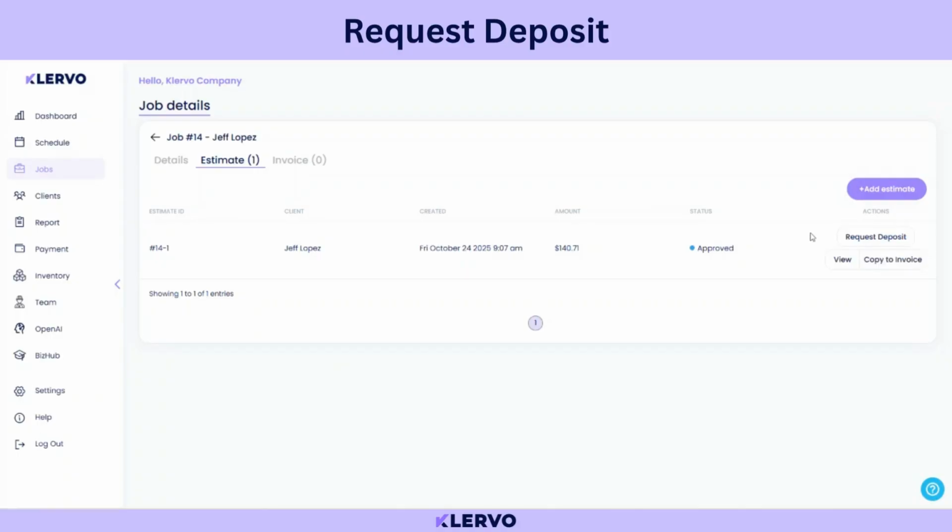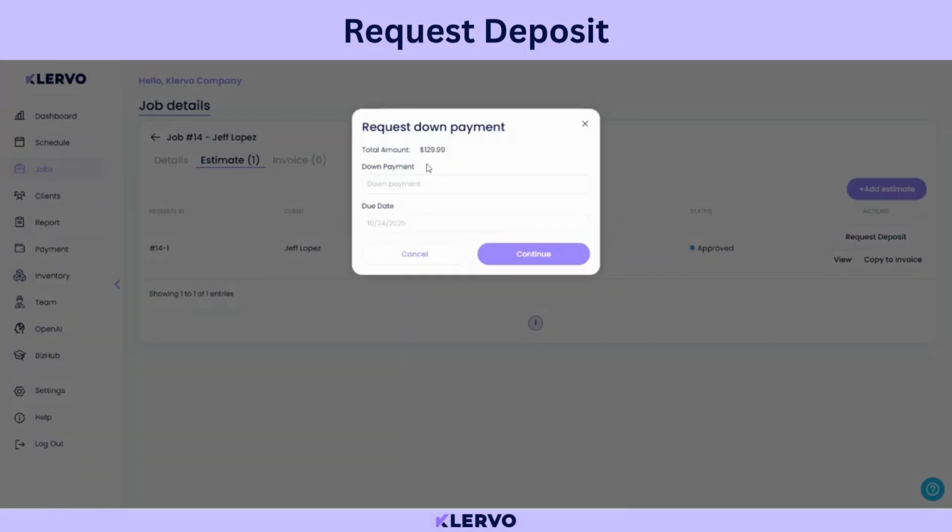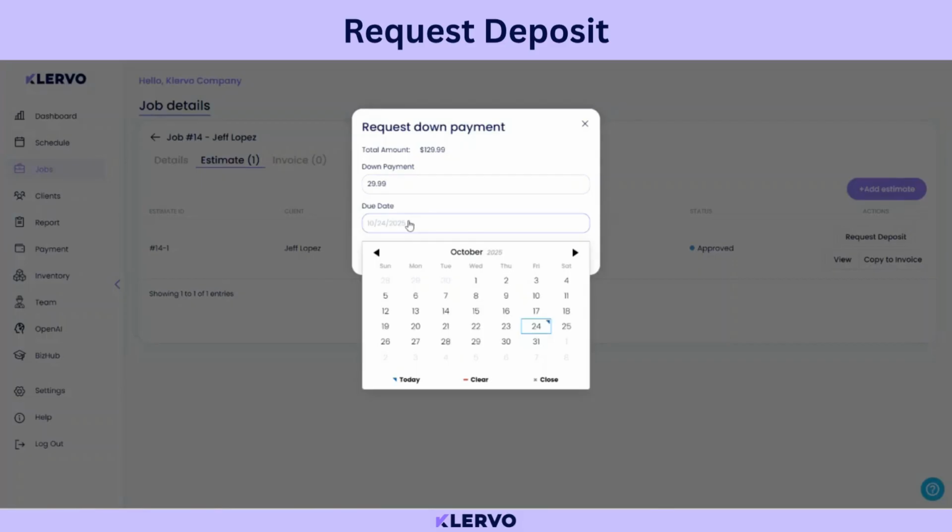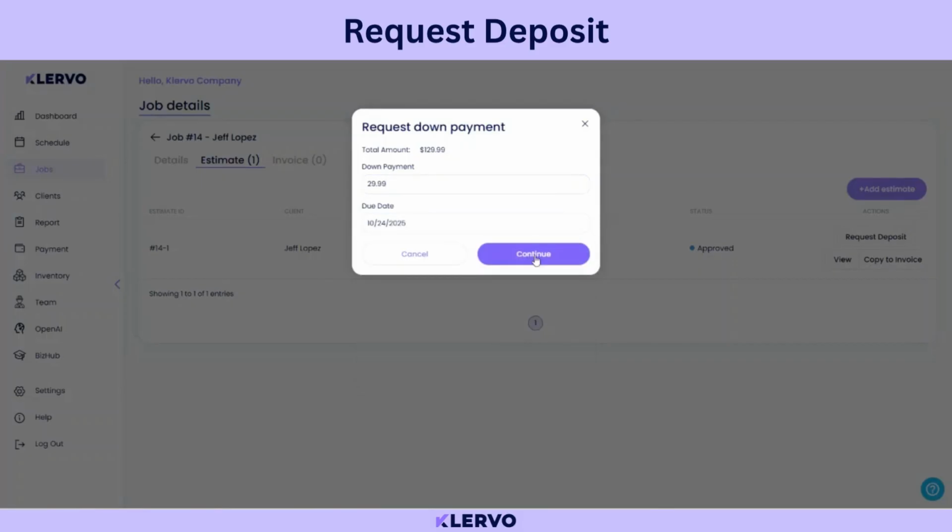For this example, we're going to go ahead and press request deposit. It is asking for a down payment for the job. For this example here, we're going to go ahead and put $29.99. We'll put today's date, hit continue,